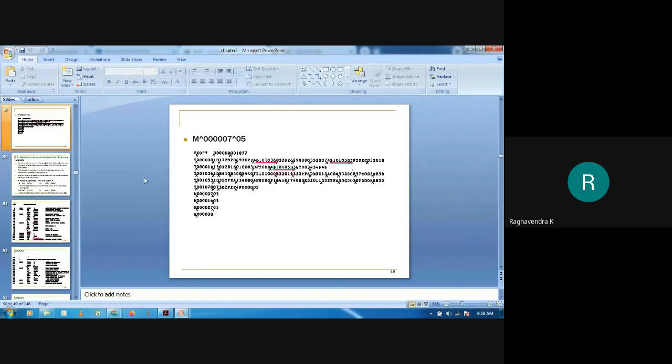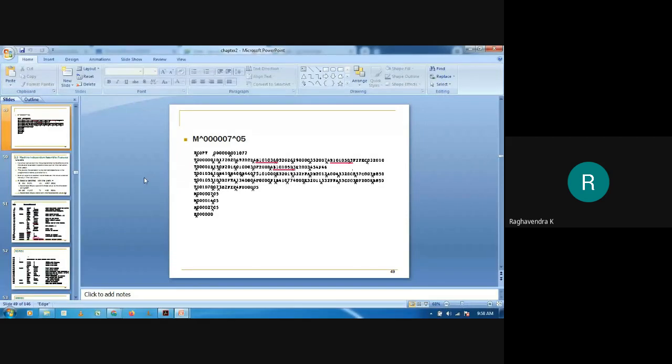As you can observe here, this is the SIC/XE program, the completely assembled object program, and now we have added the modification records for the same. We had 3 instructions that used format 4, so here we have modification records for those 3 instructions. I've underlined the same instructions. That is how things are going to work. So this is with respect to program relocation, and this completes the machine dependent features of an assembler.